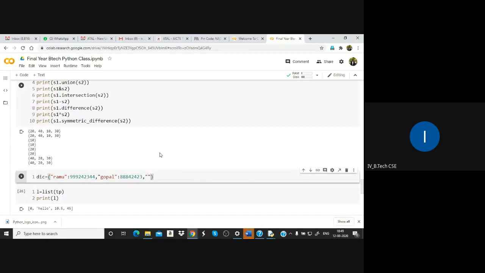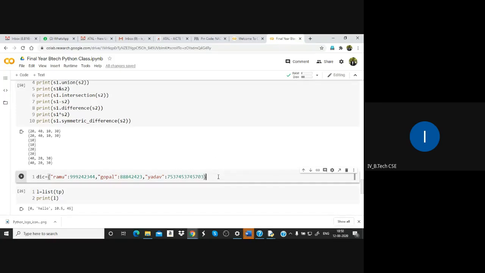Next, Yadav, his mobile number is something. It is like this.